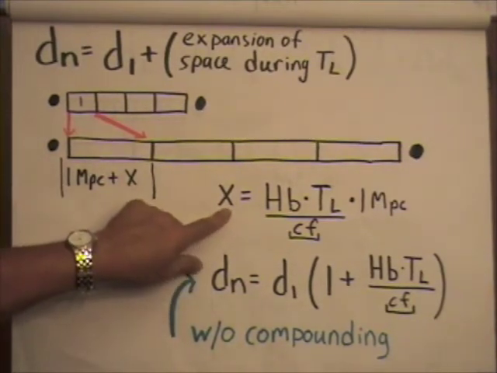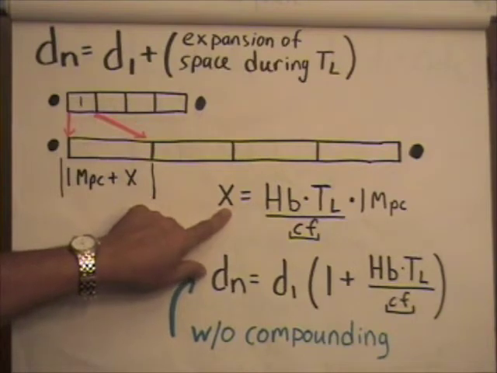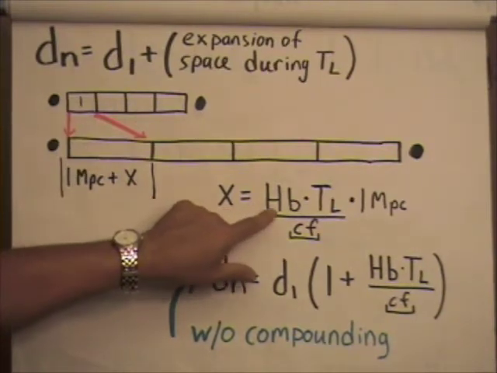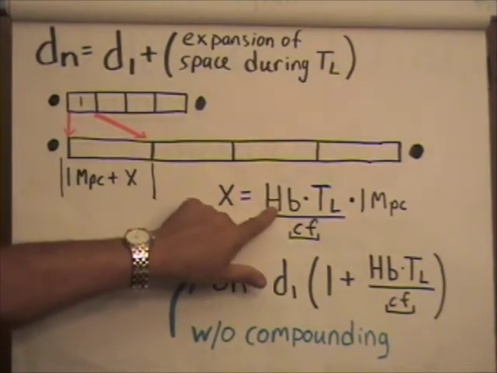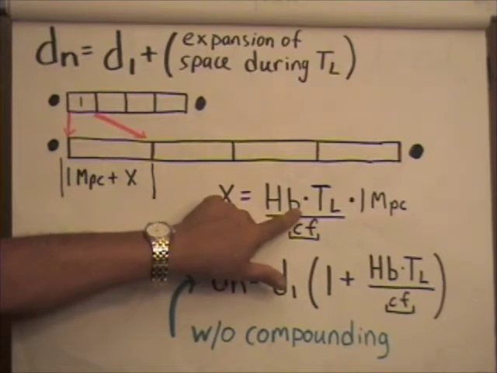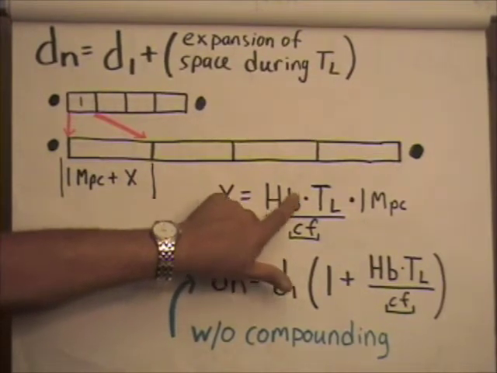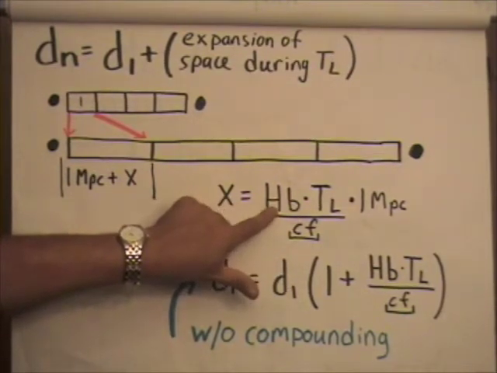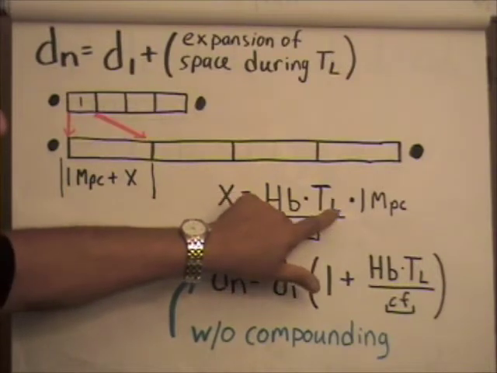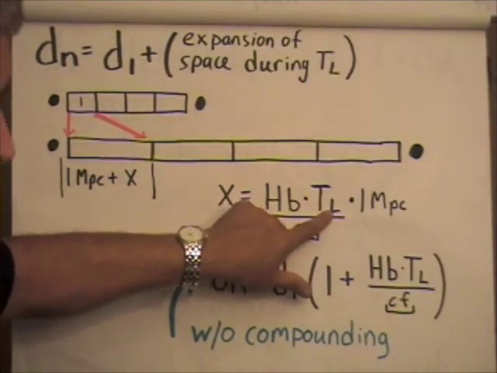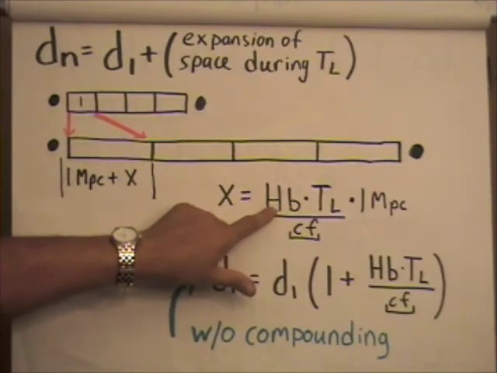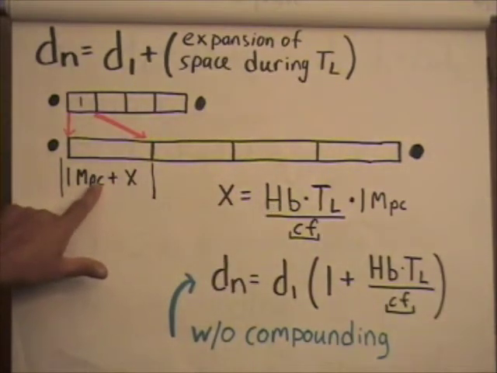Well, the amount it expanded is the Hubble constant, and here it is the blended Hubble constant, but forget the B for now. The Hubble constant, which is the expansion of space, times the amount of time that occurred, TL, and since we're looking for an answer in the units of megaparsecs,